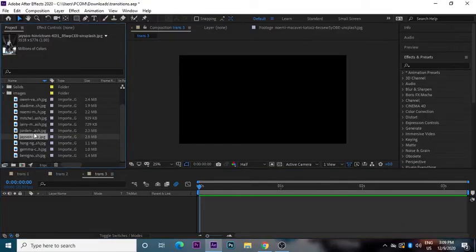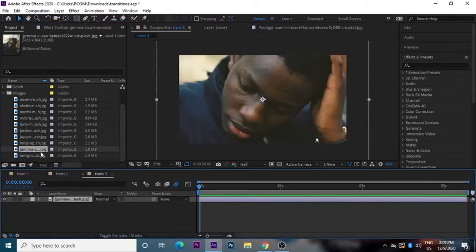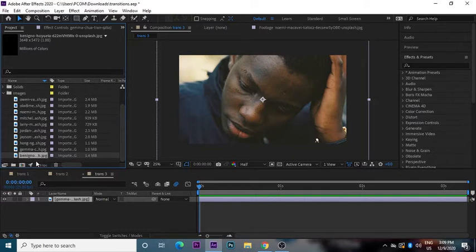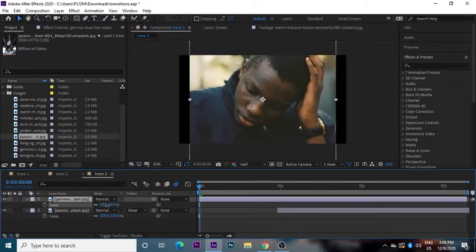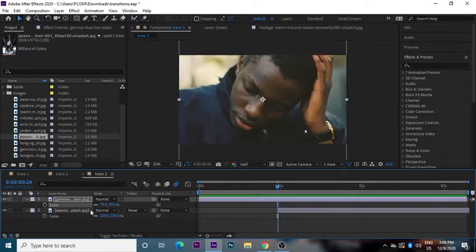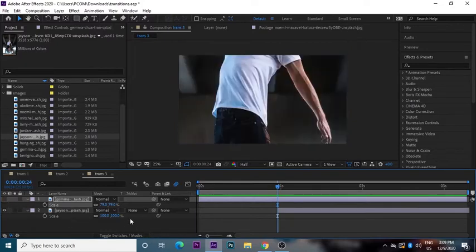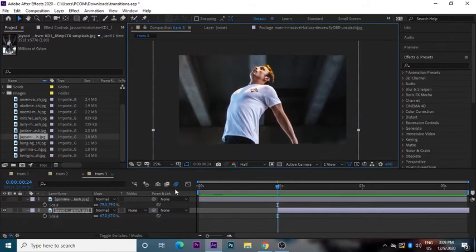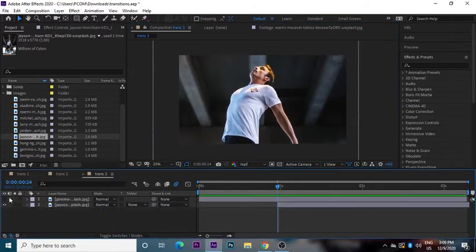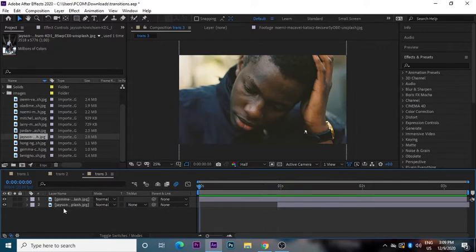So let's again get the 2 images. First one is this, and second one is this one, or yes, this one. Again I'm gonna offset it, and now just scale it down a bit as we are doing in both the layers, and just close it. And I'm gonna again make it something like so. Yes. Now again for the line walker transition, as the name states, we have to create a line.